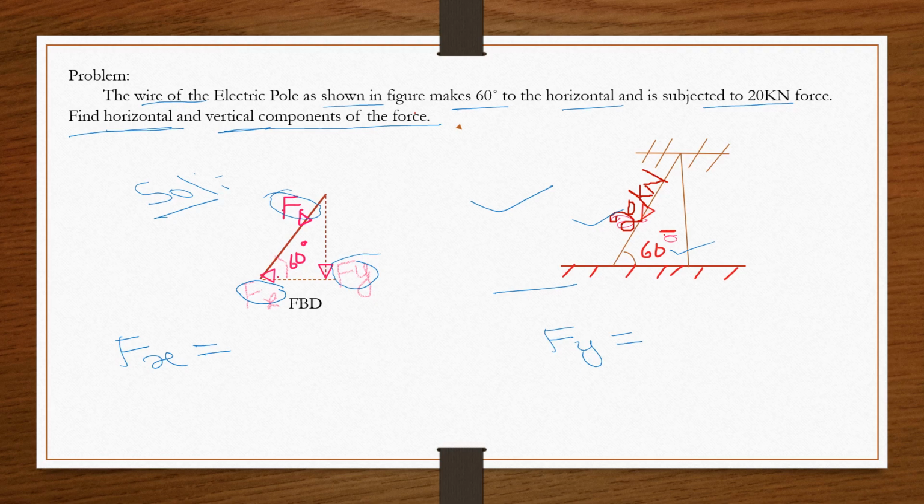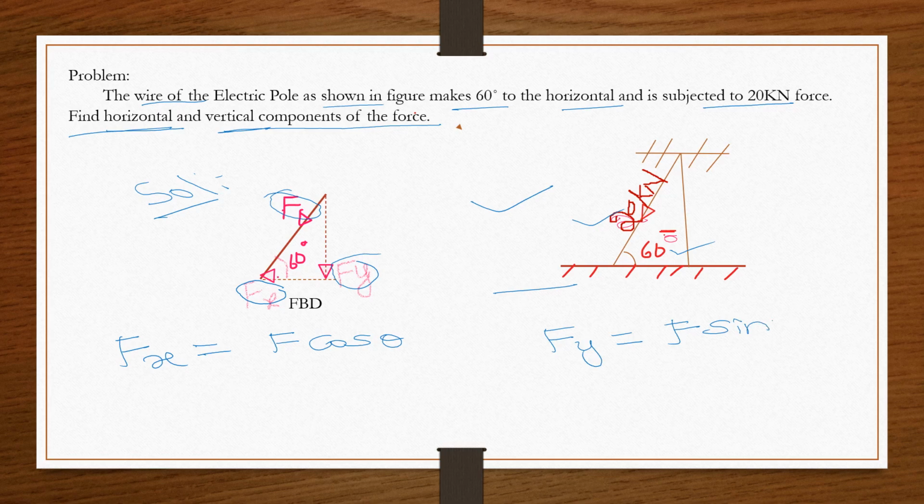This angle coincides with the horizontal. Then Fx can be written as F cos theta. If theta coincides with the horizontal, write Fx as F cos theta. If in case the angle coincides with the vertical, then Fy is F cos theta. But here this angle coincides with the horizontal, so Fx equals F cos theta. Then the opposite one, Fy, is F sin theta.